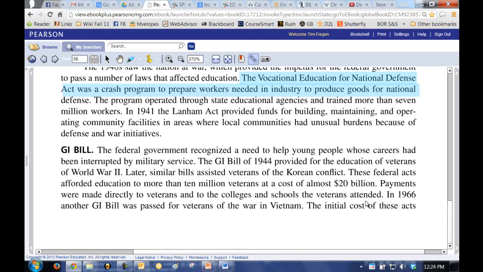First, the GI Bill. The federal government recognized the need to help young people whose careers had been interrupted by military service. And I want you to put that in your notes. This is what the GI Bill was for: to help people whose careers had been interrupted. The GI Bill of 1944 provided for the education of veterans of World War II. Later, similar bills assisted veterans of the Korean conflict. These federal acts afforded education to more than 10 million veterans at a cost of $20 billion. Payments were made directly to veterans and to the colleges and schools veterans attended. In 1966, another GI Bill was passed for veterans of Vietnam. The initial cost of these